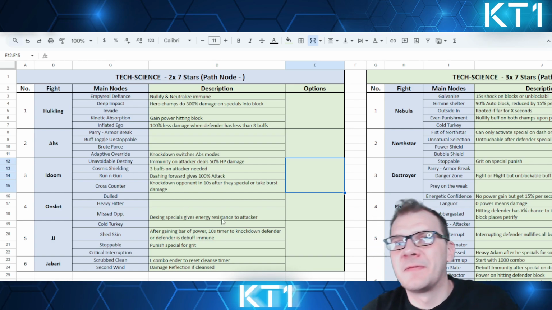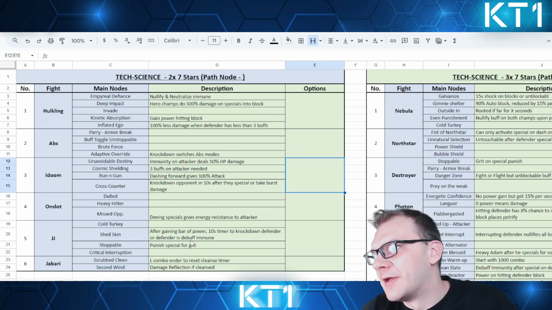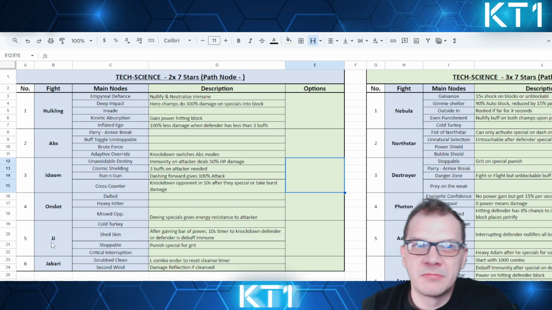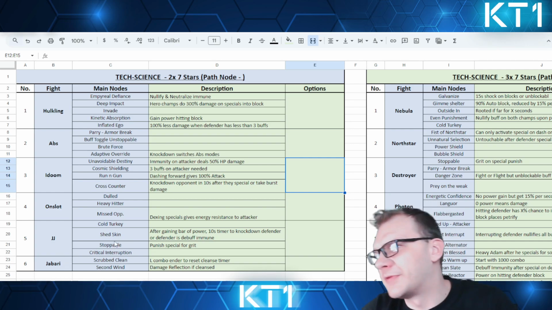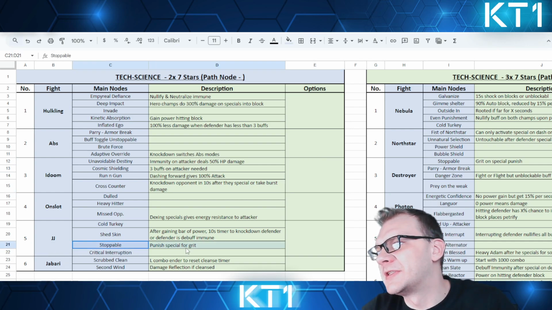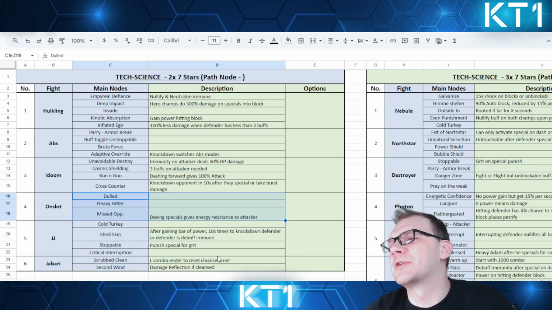Now, on the bright side, there are multiple fights that can be done with just about anybody. For instance, you know, JJ, for most part, you should be able to deal with her with majority of the champions, because the fight itself gives you this stoppable punish special for grit, and most of the issue goes away, as well as onslaught. The fight is hard, but it was specifically designed to teach us how to fight against onslaught, pretty much, where as long as you know how to fight onslaught, most borderline compatible champions would do